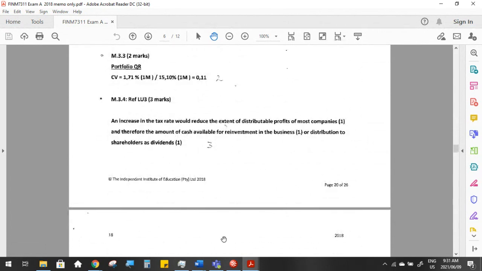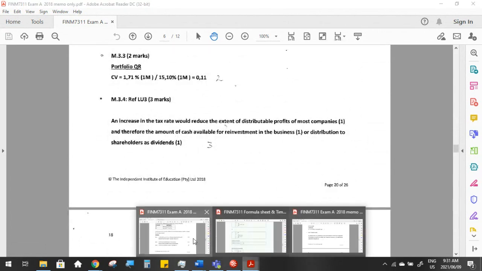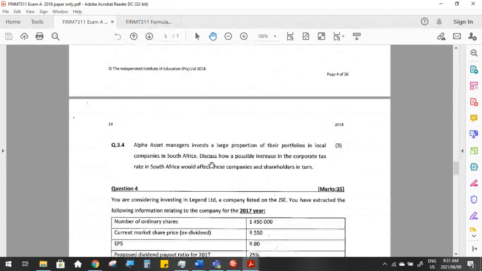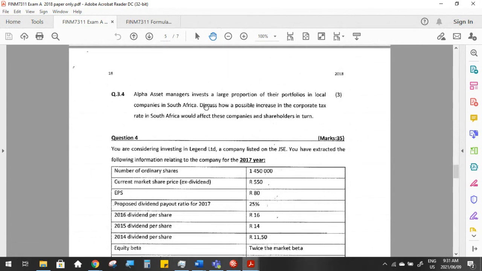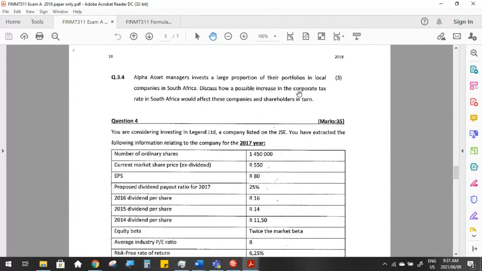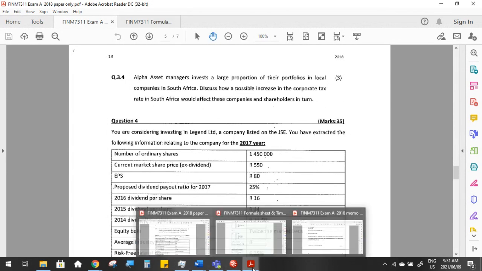And then there was a 3-mark question for theory. Alpha Asset Managers invests a large portion of their portfolio in local companies in South Africa. Discuss how a possible increase in the corporate tax rate in South Africa would affect these companies and shareholders in turn. Okay, so for 3 marks, so that's again one of your learning objectives